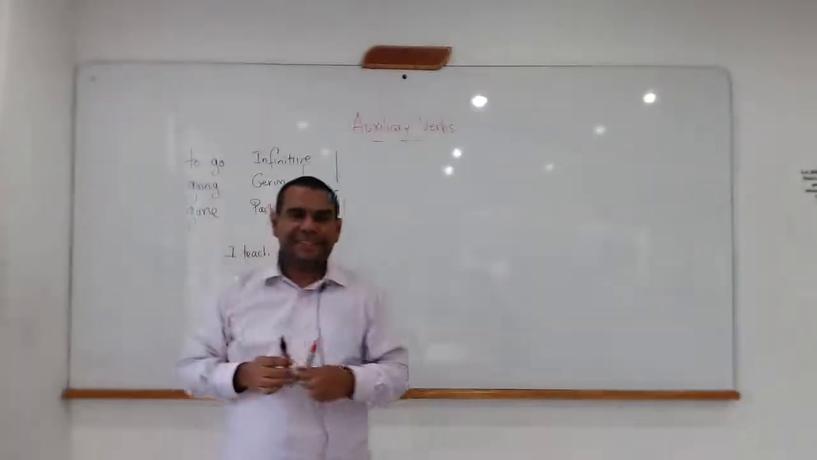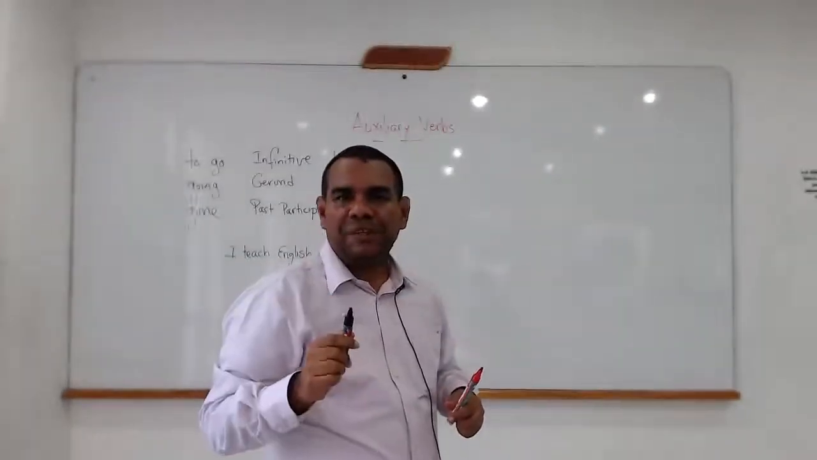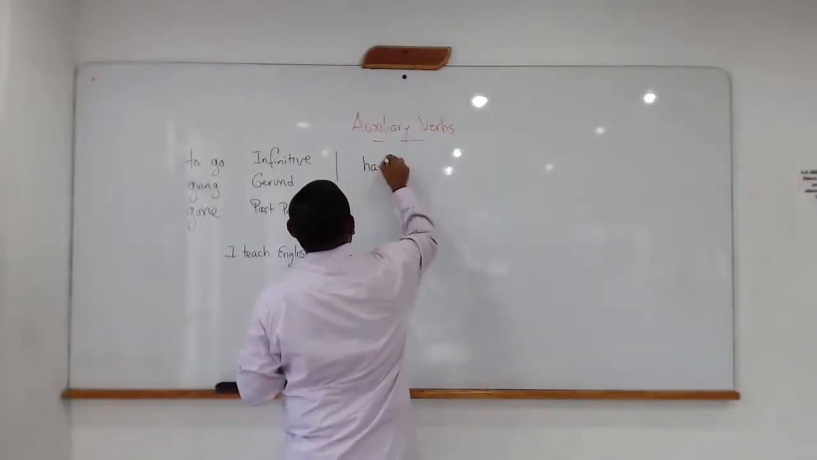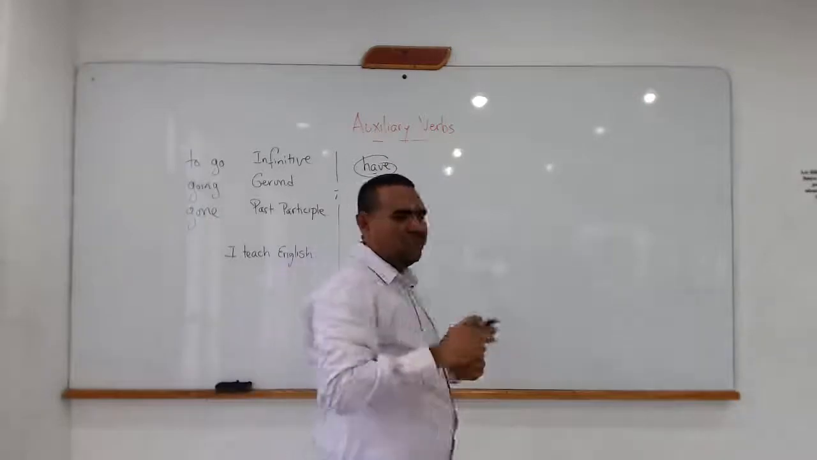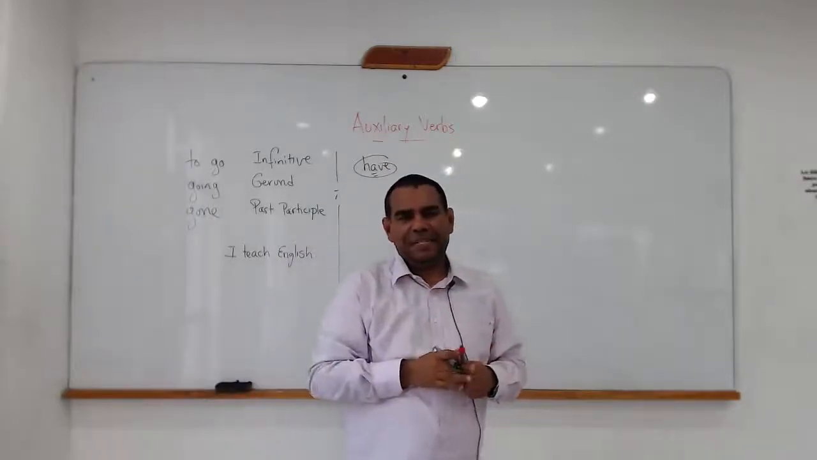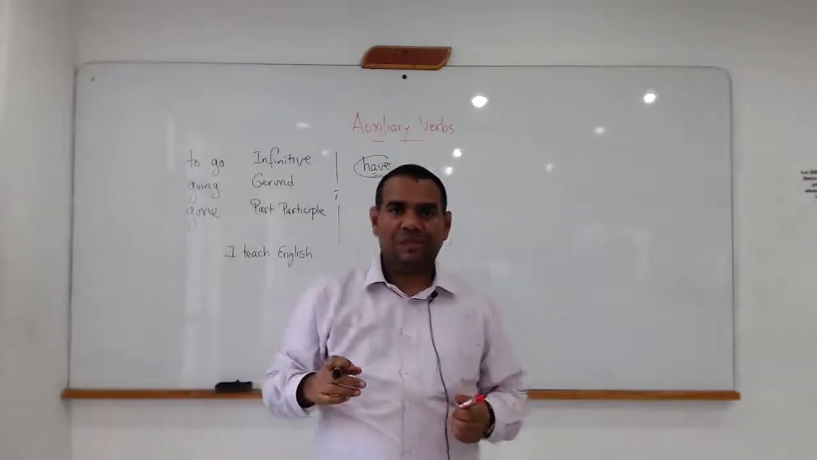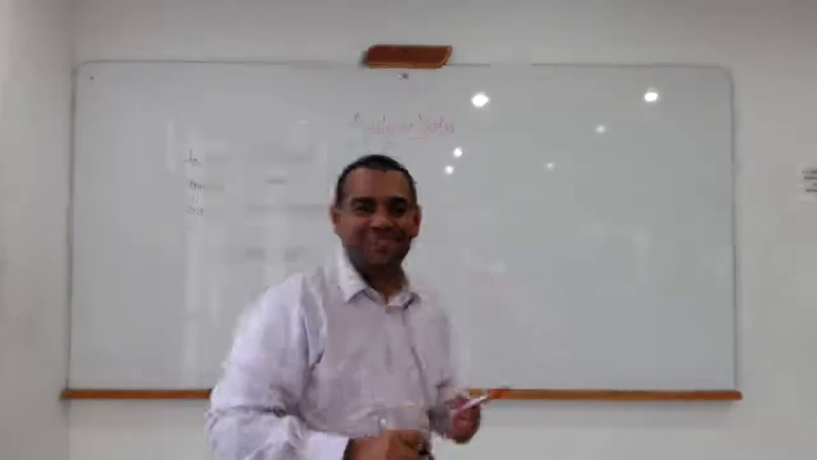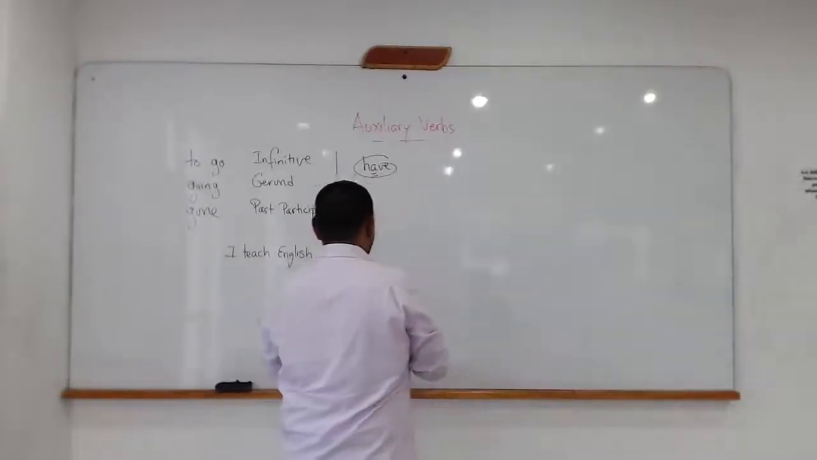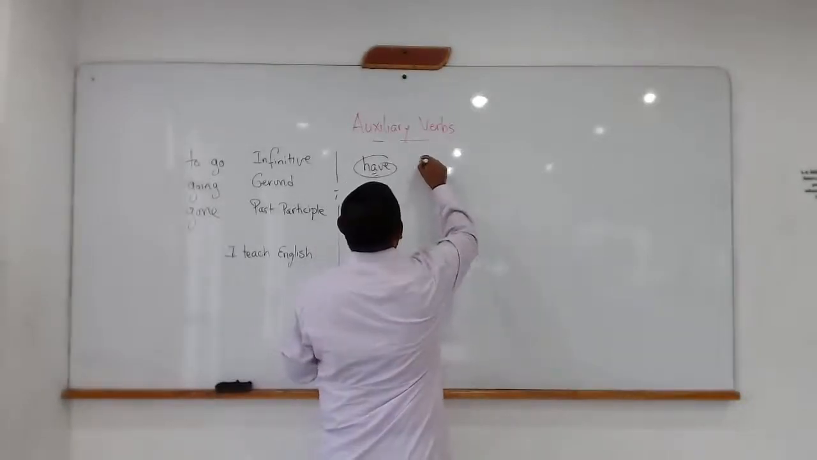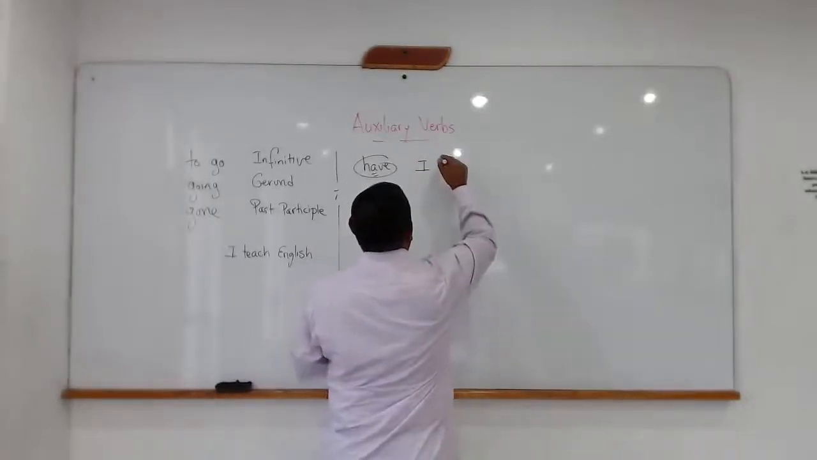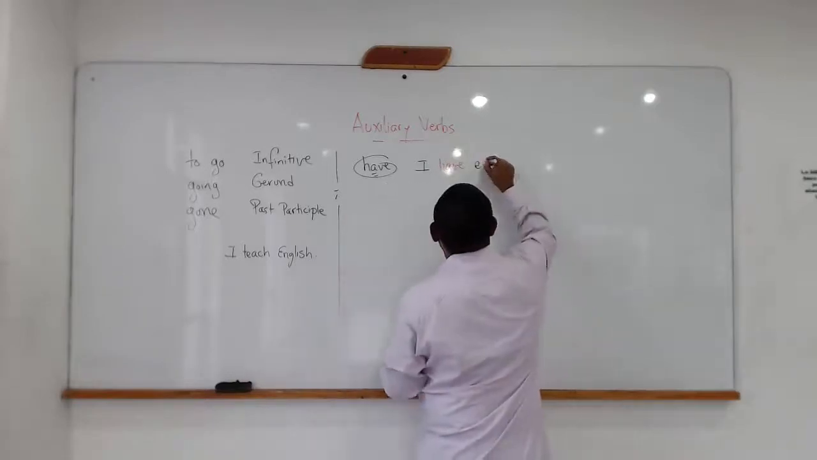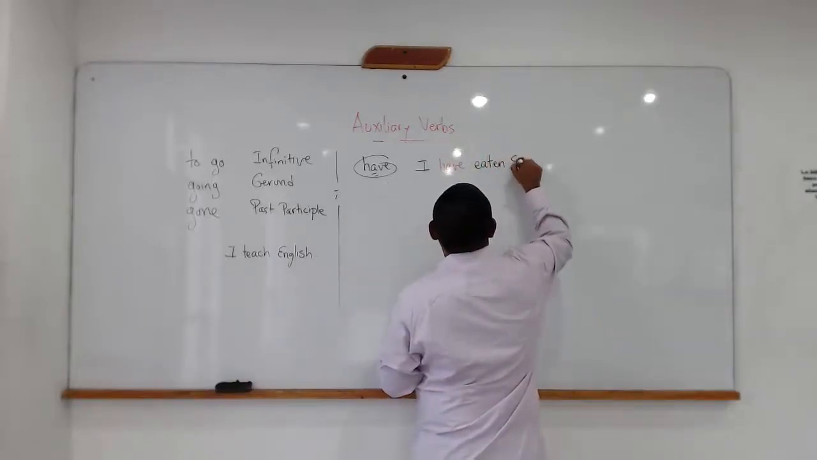Okay, let's go, for example, to "have," another very common auxiliary verb. The tense it is going to be used in is present perfect. You know present perfect, right? Okay, so let's see, for example, I have eaten sushi